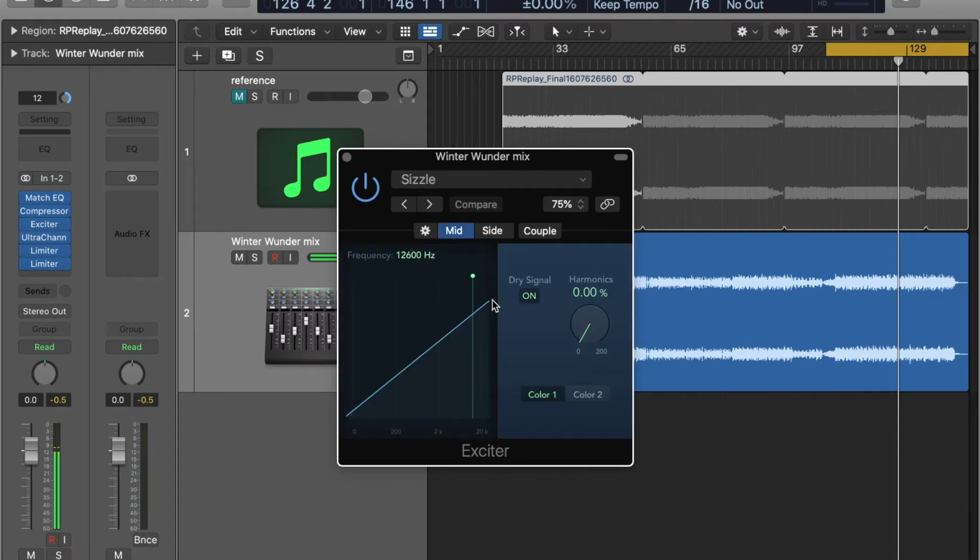So you can see here for the mid signal I didn't add any harmonics, I didn't need them, whereas the side signal is more where all the fluffiness is, right? That's where all the echoey space and everything is in the side signal. So I added harmonics there,